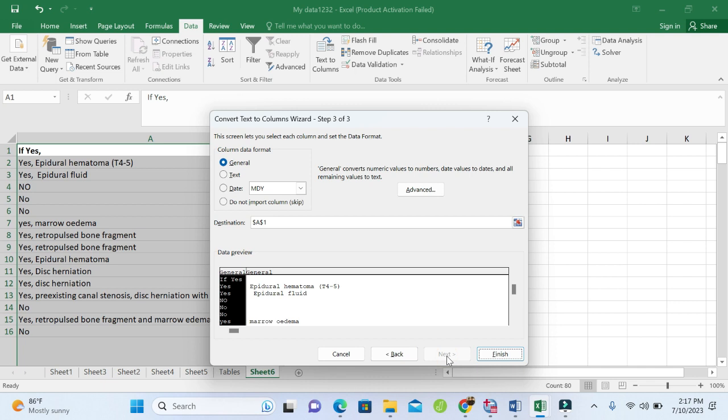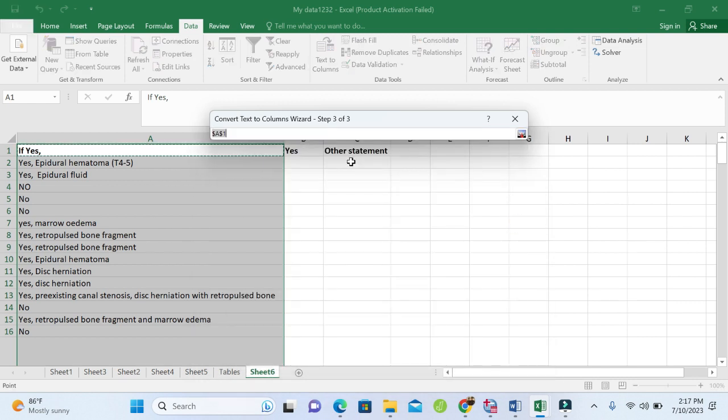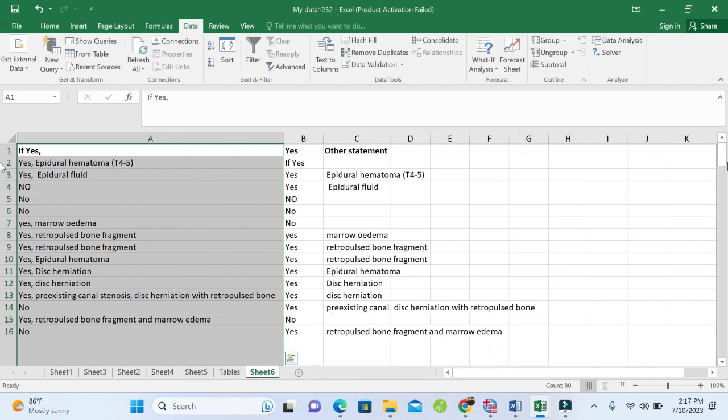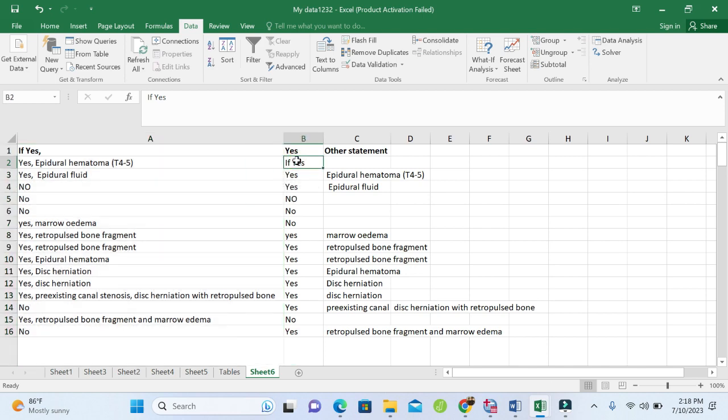and then it's a preview. No need to do anything here, you have to select where you want your responses. I'm just selecting this cell. It's selected. Now just press finish. Here you can see we have the main variable which has main responses like yes and no, and